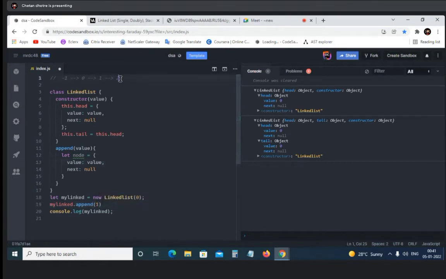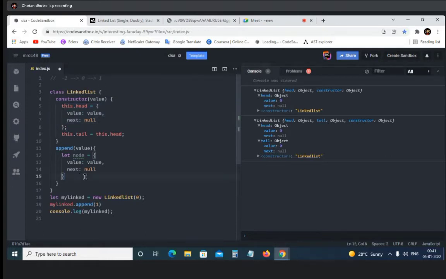I don't think we need to, because we are prepending the data before our node, which is head. And so that's why we don't need the 2. So I'm going to remove this one. Now, the point is that we have this object, we have also this object, but how do we reference these objects to each other? How do we say that 0 is pointing to 1?